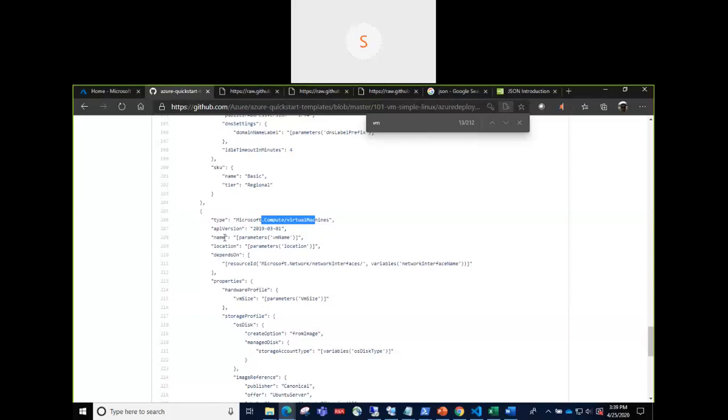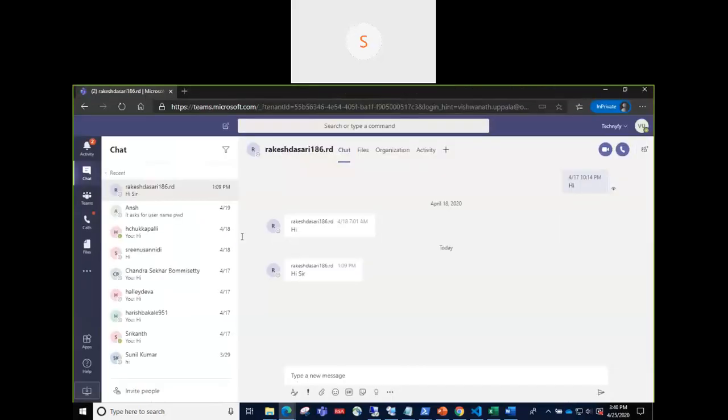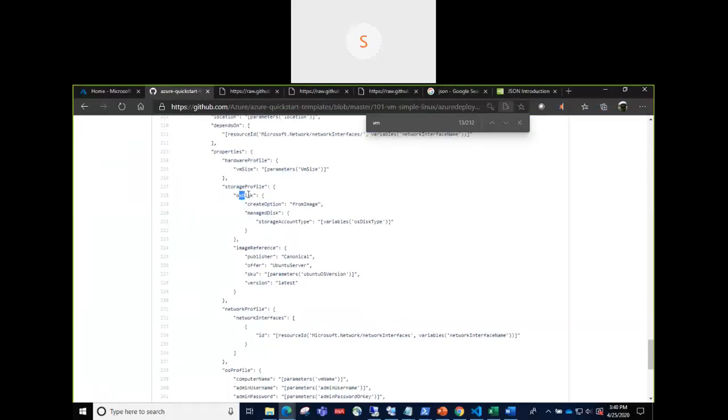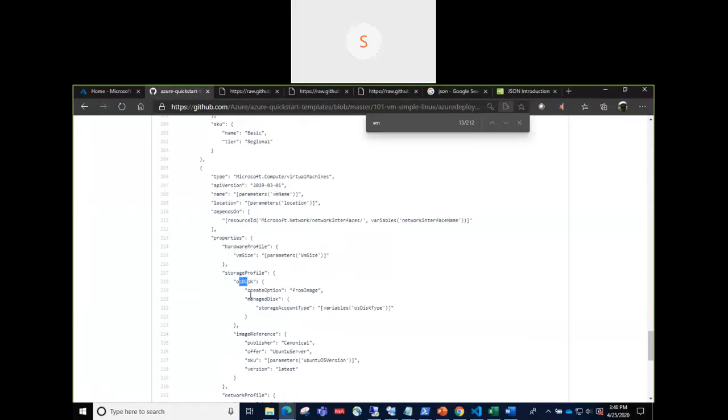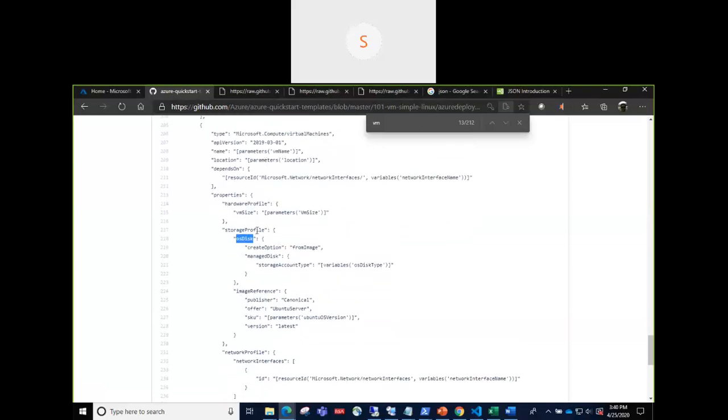If you see virtual machines, it has name, location, then it depends on the network interface. Then it has some profiles, like the size of the VM. Similarly, if you are creating a VM, you need to provide the size. Then the OS disk. The only thing that would differ is the structure. The OS disk needs to be under the storage profile, which is very specific to ARM templates.